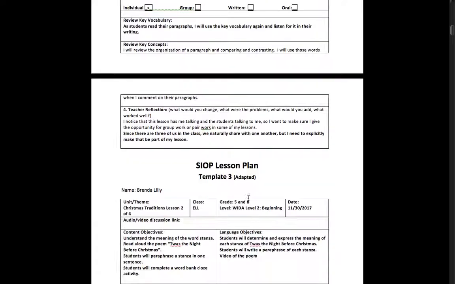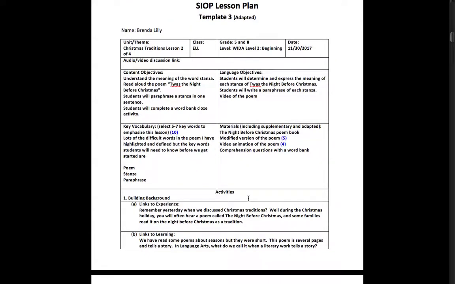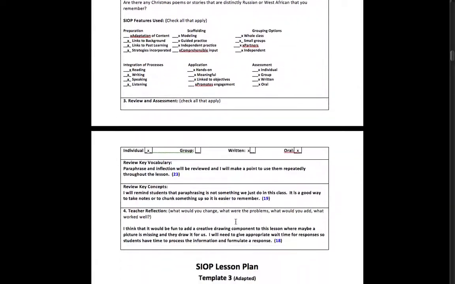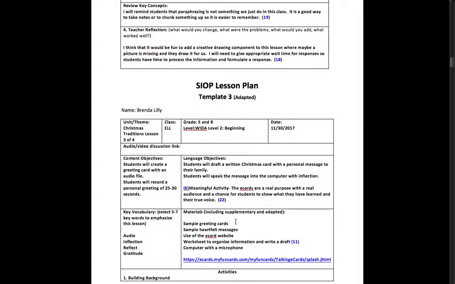And then the second lesson that I have is focused on the poem "'Twas the Night Before Christmas," and students are going to work on paraphrasing and breaking down each stanza, while we also talk about Christmas traditions as we work on that poem. And then the third lesson that I have has to do with making a greeting card,